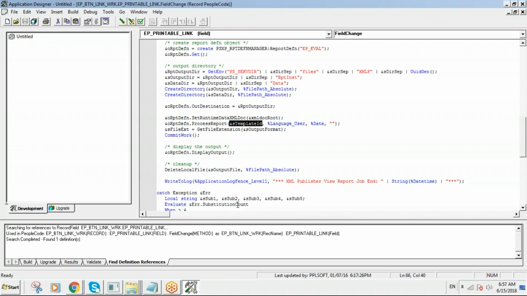If we know the report definition name, can we get the template ID from that? If I know the report definition name, can I know the template ID also based on that? Yes. Are we passing the report definition anywhere here? Yes, at the first stage, we are passing the report definition name. Got my point here? And they are trying to get the report definition, right? Next,